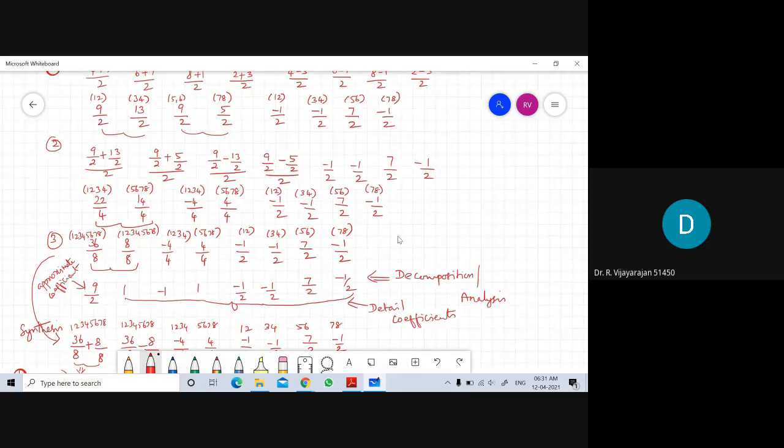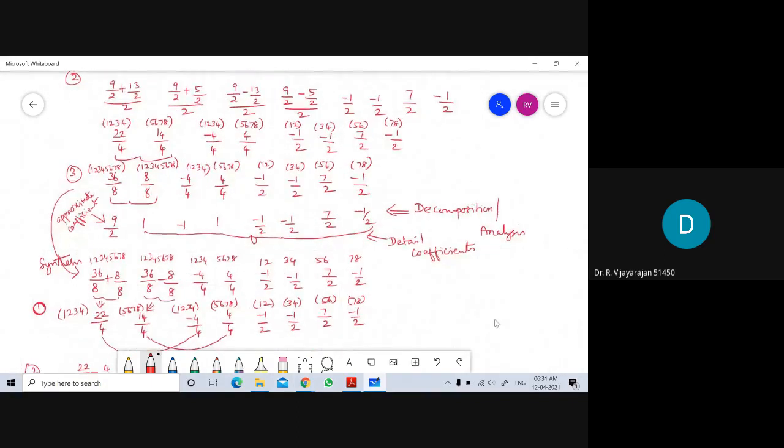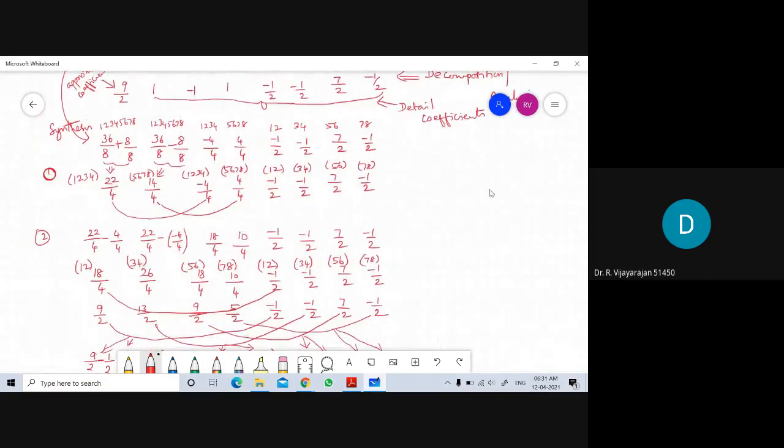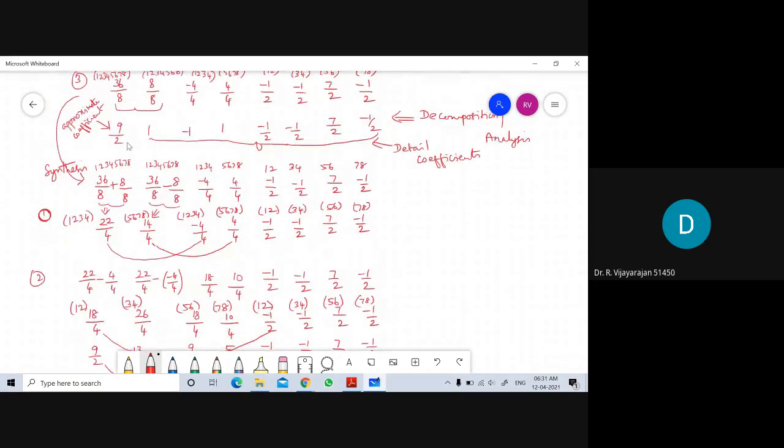So with this, decomposition or analysis ends, then we need to go for reconstruction of values. How to reconstruct the values? We need to do the reverse process. To have a better understanding, I have given indices to the values. Then subsequently you can proceed. So the first one is from all the values 1, 2, 3, 4, 5, 6, 7, 8. Then this is the detailed coefficient. These are the remaining detailed coefficients from the coefficients 1, 2, 3, 4, and so on.